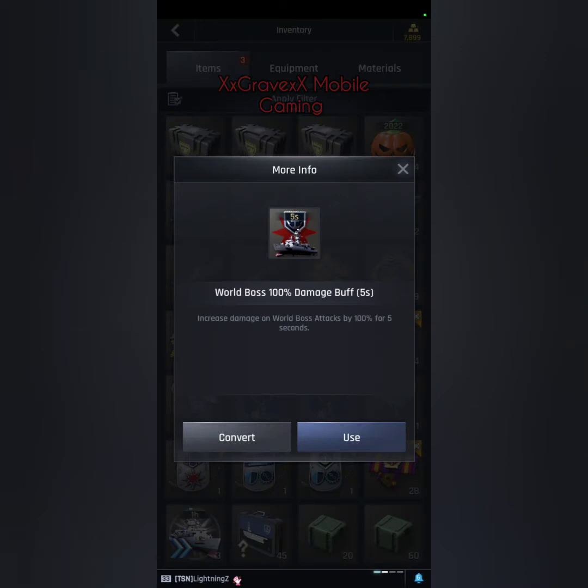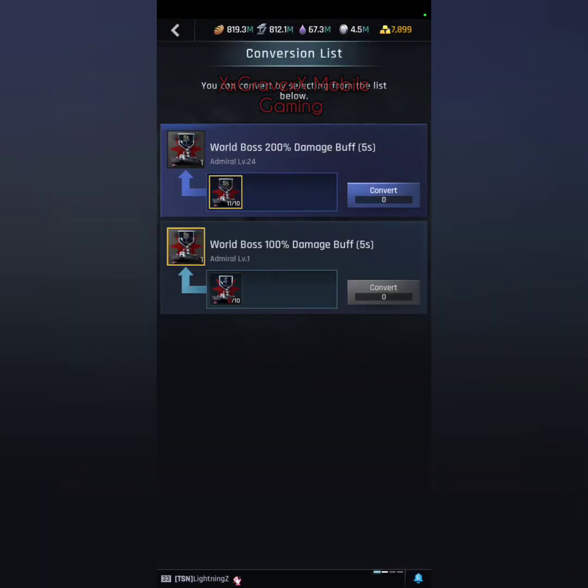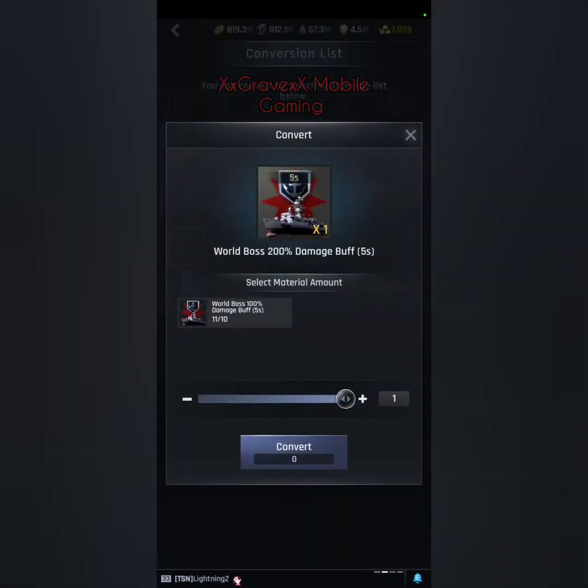This is a world boss damage buff. It only lasts 5 seconds. I don't know how that is effective. 5 seconds doesn't last long, so you would have to wait until your ship is about to attack, then use it, and then it's just worthless to me. I don't ever use them. You can convert them up into 200%, but they're still only 5 seconds, so